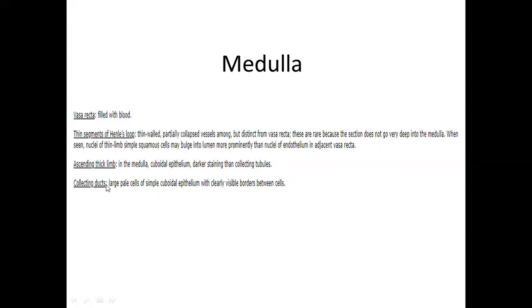अगर हम कलेक्टिंग डक्ट्स की, कलेक्टिंग ट्यूब्यूल्स की तरफ बात करें, which is the initial portion of the collecting duct, starting inside the cortex and then entering into the medulla through medullary rays, we have just discussed previously. So they are again lined by simple cuboidal epithelium, which are lightly stained compared to the simple cuboidal epithelium of the ascending thick limbs, and then again lightly stained cells के दरमियान जो सेल बाउंड्री है, बॉर्डर्स हैं बिटवीन सेल्स, वो क्लियरली विजिबल होंगे, जो कि केस नहीं होगा थिक लूप के अंदर।